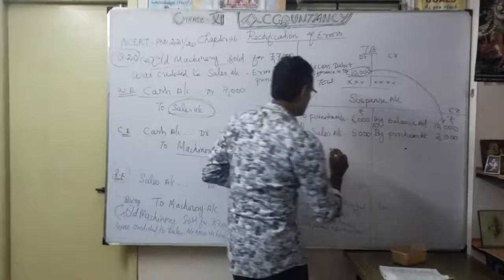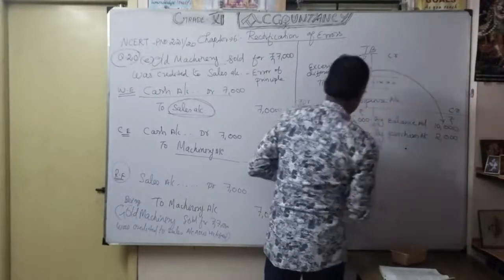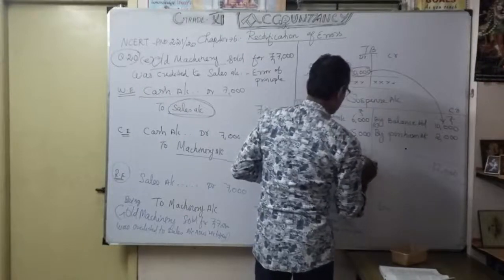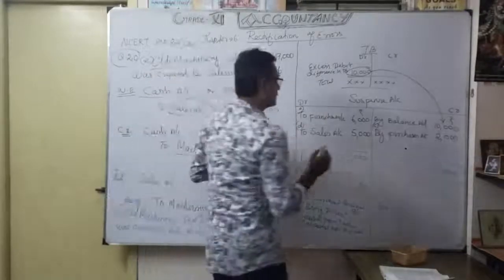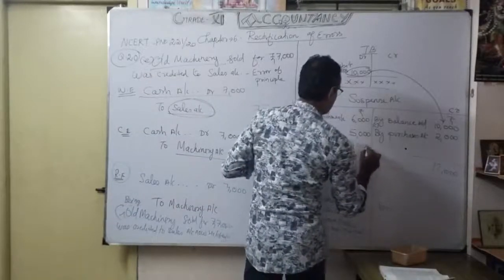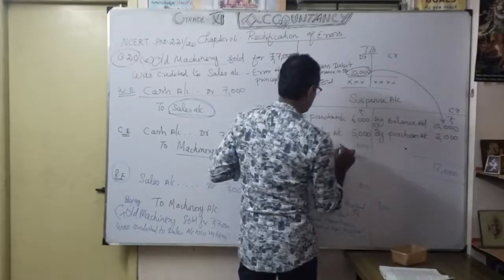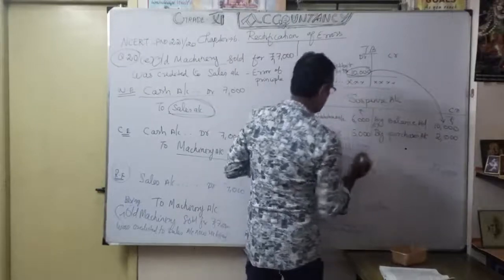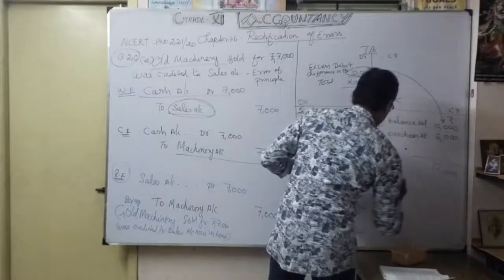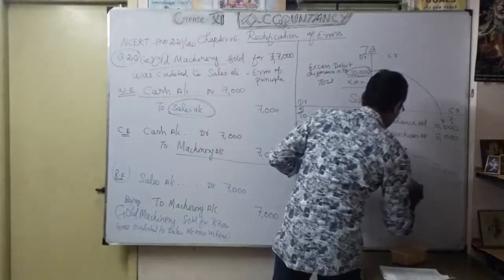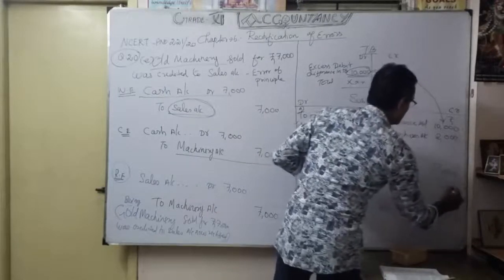Now you are going to see the balance. Which side is higher? Here 12,000. How to close the suspense account? 12,000, and here also 12,000. So still the suspense account has not tallied. Again a balance of 1,000 rupees has come. So you have to write balance carried down. That is very important. Naturally I am going to transfer the credit difference by balance brought down, how much? 1,000. You understood now.